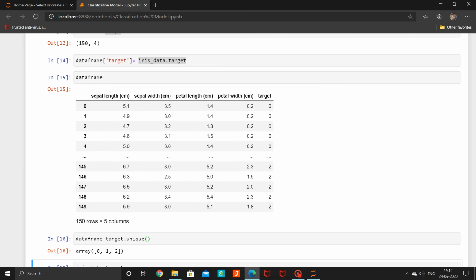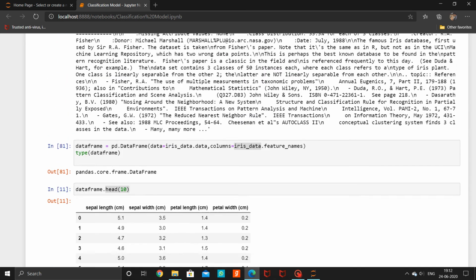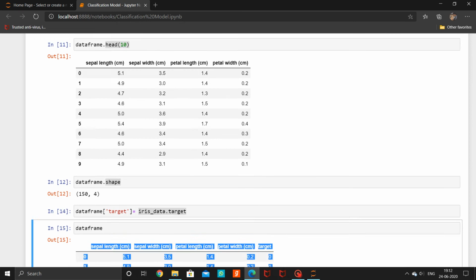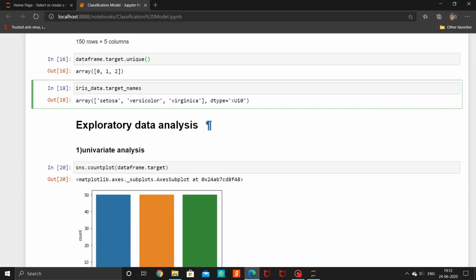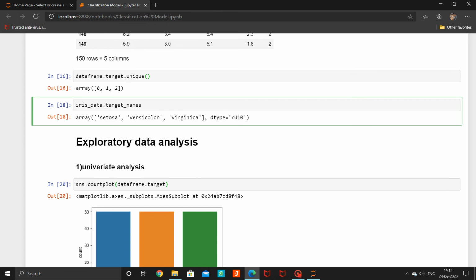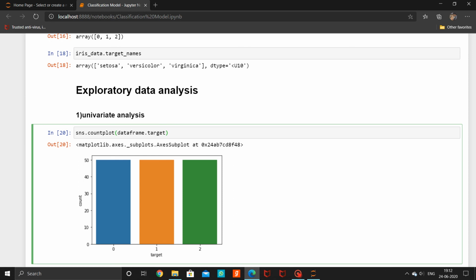So this is how we need to prepare our data set from a given bunch object. Now let us focus on exploratory data analysis. Exploratory data analysis is basically the process in which we are going to acquire the knowledge on our